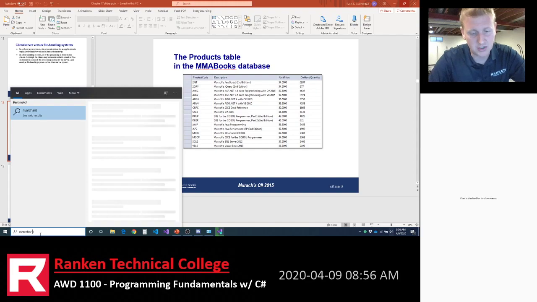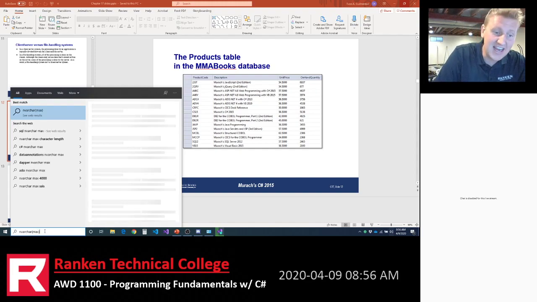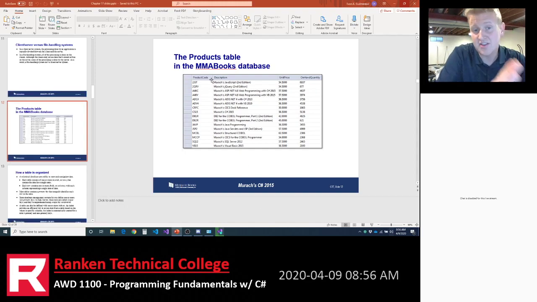But typically it's nvarchar max. And so you can see that there's data types in Excel, and the columns have data types, okay? On the columns, you can also set up rules that are called constraints. Your columns not only have data types, but they can also have constraints.